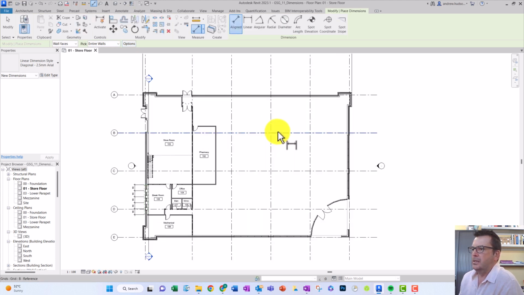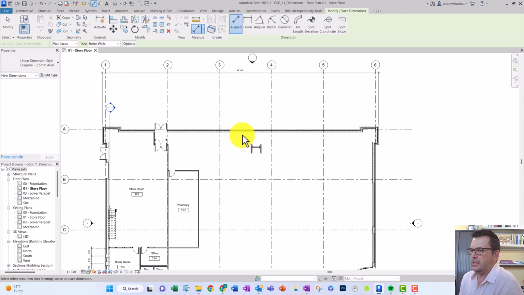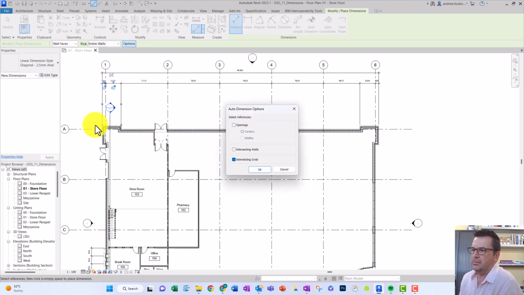That's okay. So what we're doing now is we are just selecting that entire wall. If we drag that up, you can see that it actually applies the dimensions between those walls to the grid lines, and then we can add these little secondary walls on the side. When we do that, it automatically populates those as well, and then the one on the other side there as well. So once we've done that, we're going to go back into our options again,